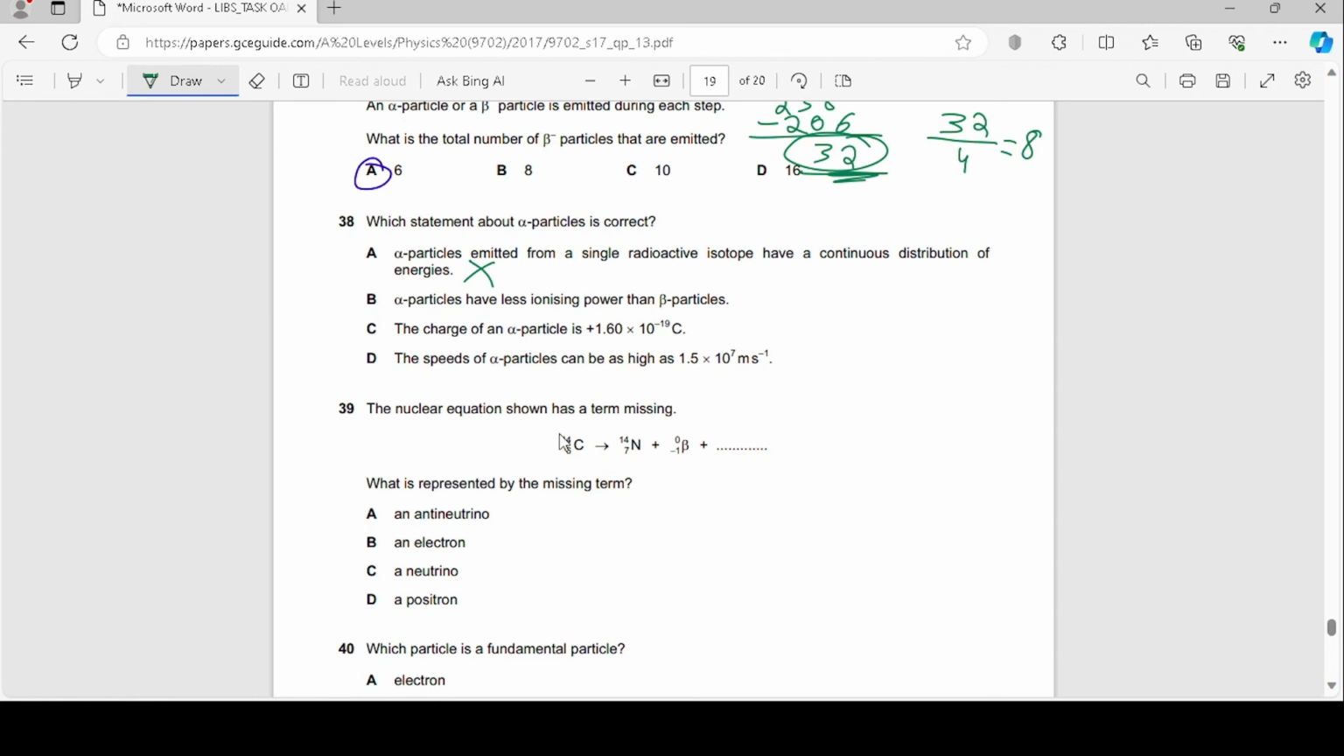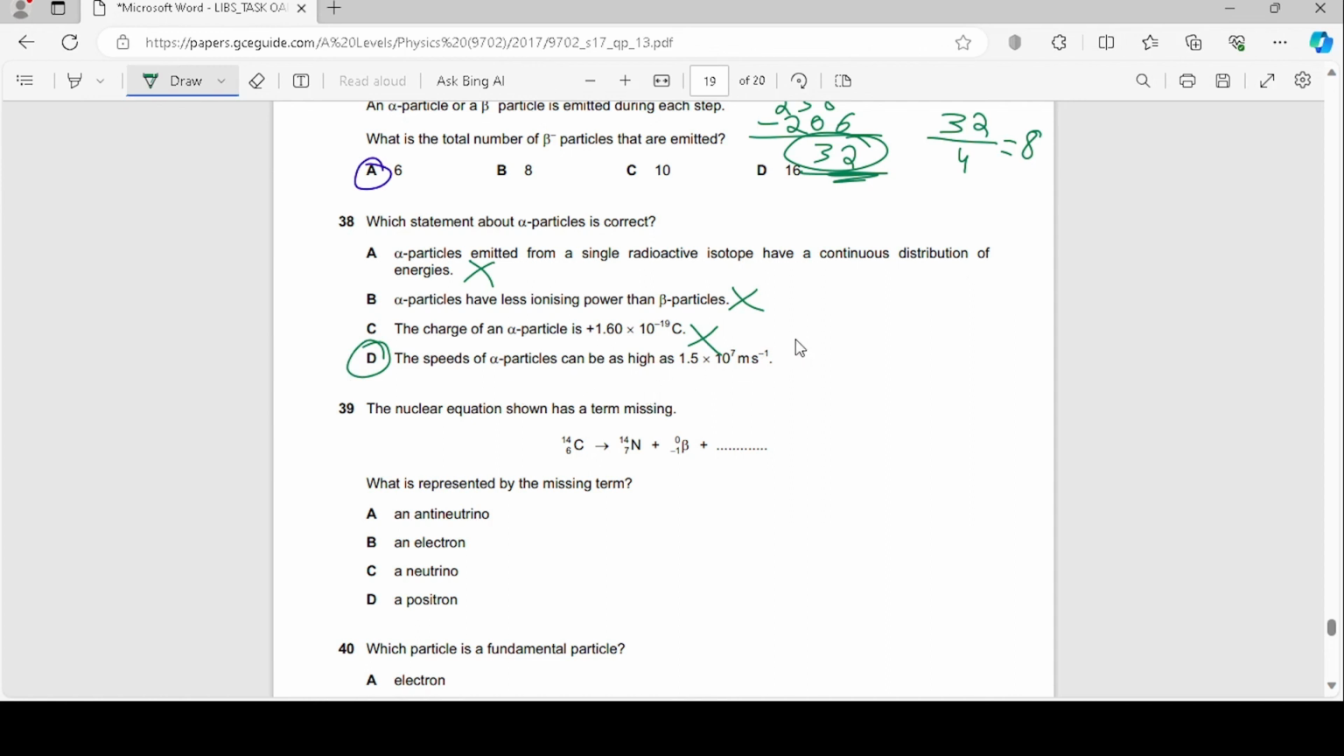No, that's wrong, because actually alpha particles have the greatest ionizing power, then comes beta, which has a medium ionizing power, and then gamma has a very low ionizing power, right? The charge of an alpha particle is 1.60 into 10 power minus 19 coulombs. The alpha particle is a positive one, that's true, but it's 4 2 alpha, so it has 2 protons, it's 2 plus. So it has a charge of +2 actually, so it should be 2 times that, I think. And so that's wrong, and so D must be the answer, but if you just check it, the speeds of